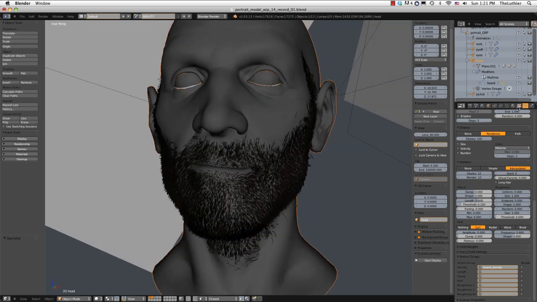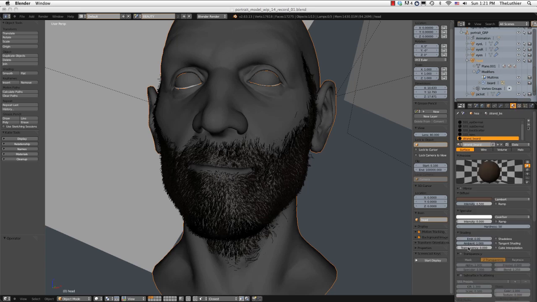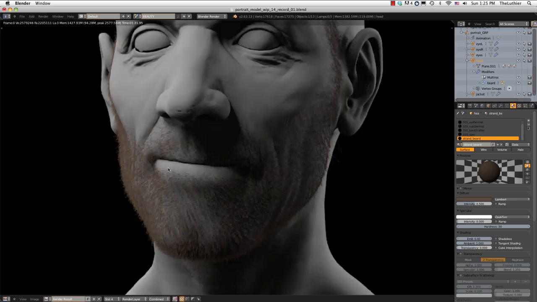Now I'm going to jump into the material settings, and I'm going to turn translucency up to 0.5. Let's try rendering that. Now with translucency on, if I switch back and forth, you can see how the beard lightens up. So I guess I'll have to turn that back down a little bit. But what I like is we sort of have a rim deal happening around the hair, where the light is passing through the hair, as opposed to